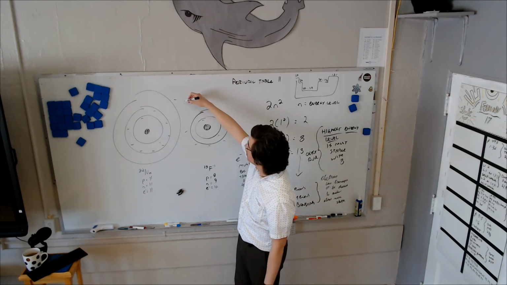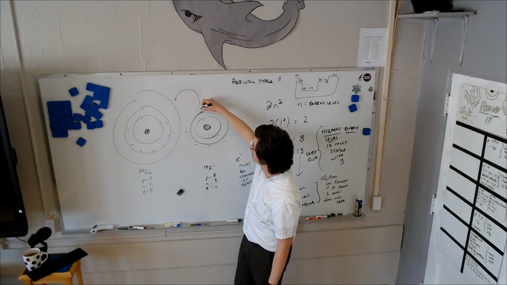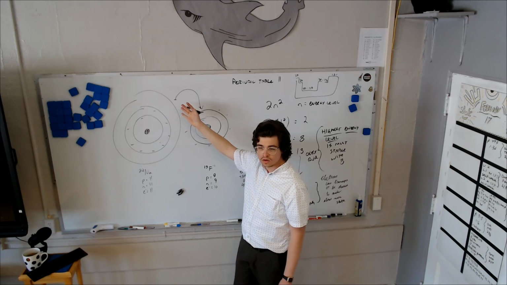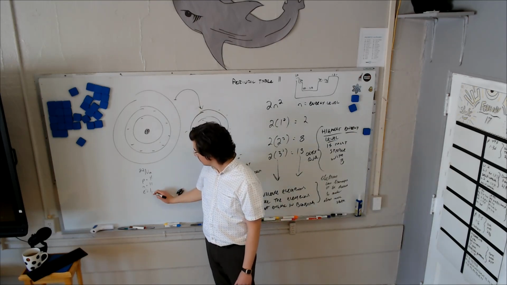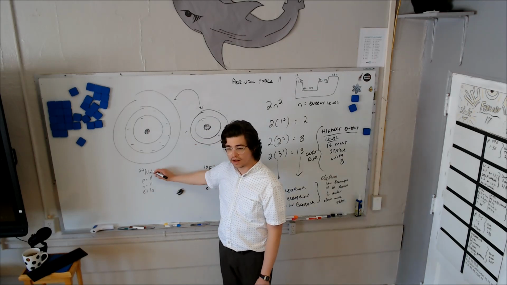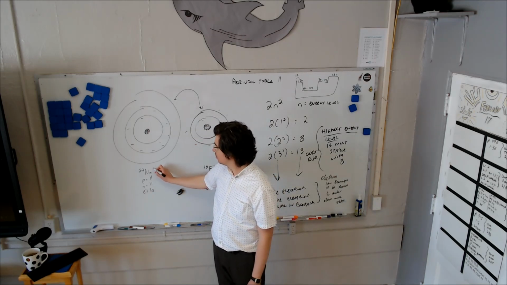And where is the loving home? Well, the fluorine wants another electron, so it's going to go here. Check it out. So how many electrons now does the sodium have? 10. 10 electrons, giving it what kind of charge? Negative 1. No, no, positive 1.